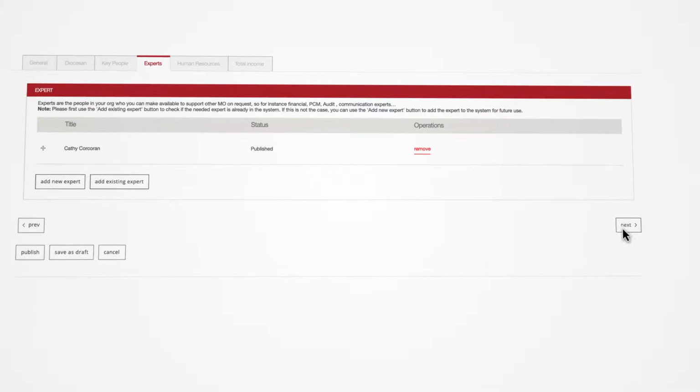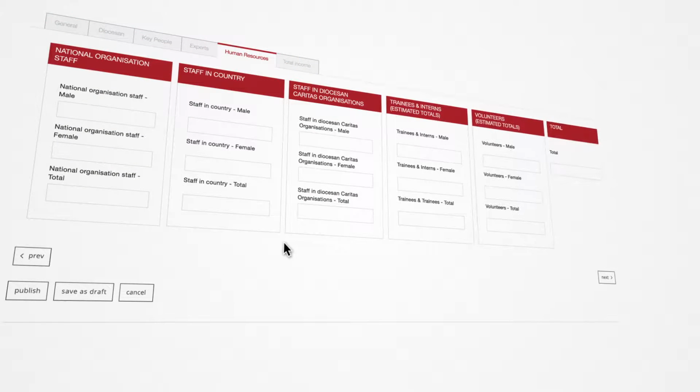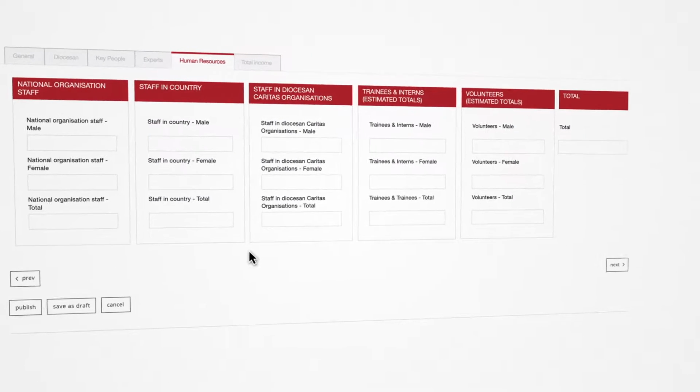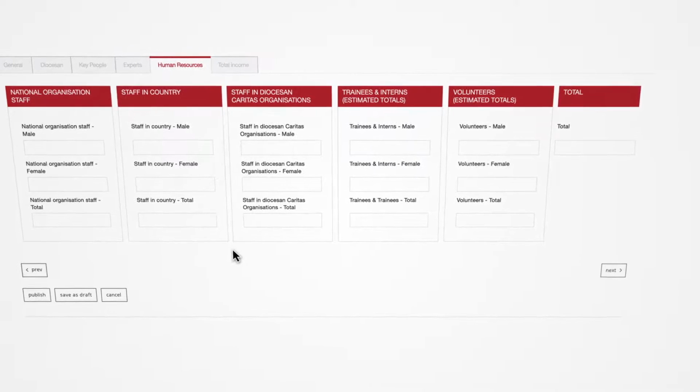Multiple experts can be created or added if required. This tab has now been completed. Click Next to proceed to the next tab. Only 2 more to finish your MO profile. You are now on the Human Resources tab, where you will register info about the human resources that your organization